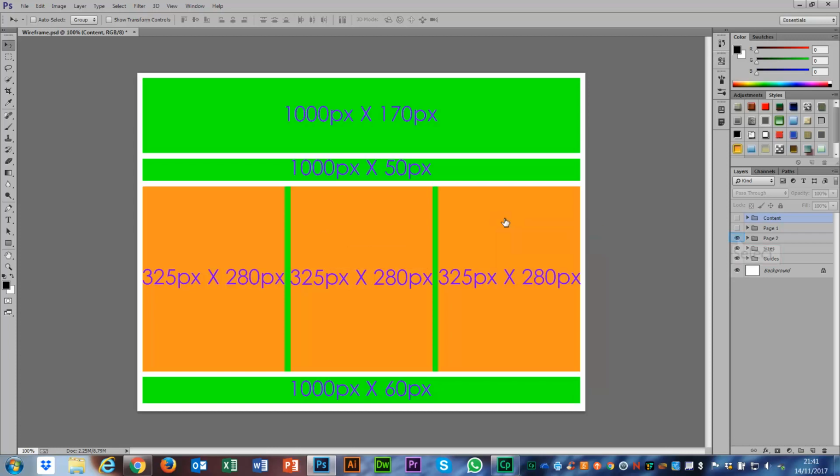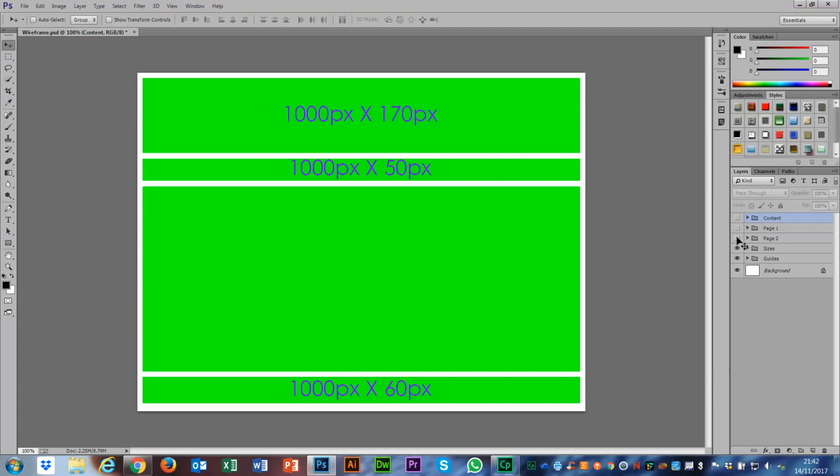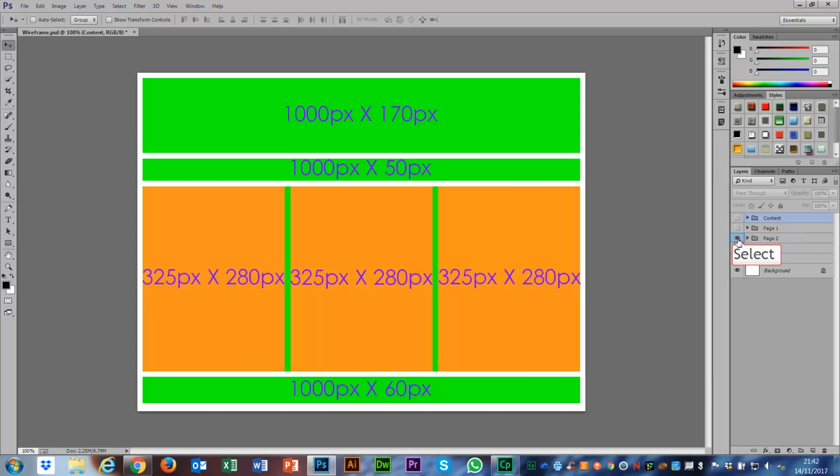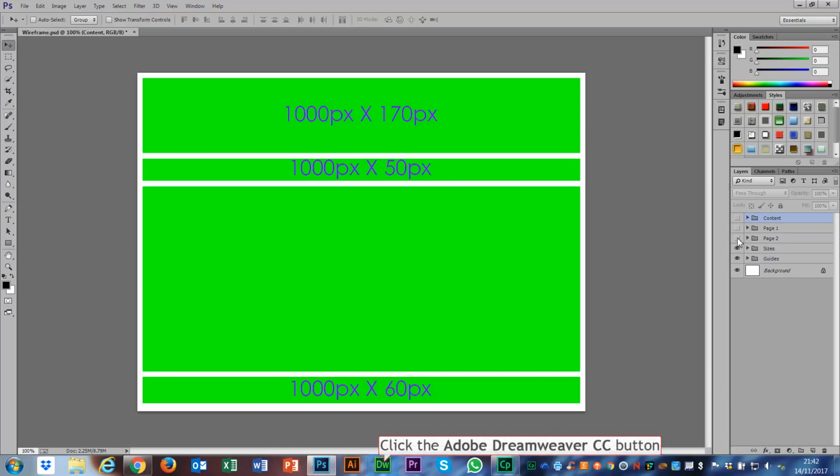So what I want to make sure I'm doing here is setting up a page where all of the areas that are in green stay the same on every one of my web pages. So every part of my site has the same basic layout with this header, this navigation bar, this main section, and this footer. And the only things that are going to change on each page is the content inside that main section. So to set that up, I'm going to come into Dreamweaver,